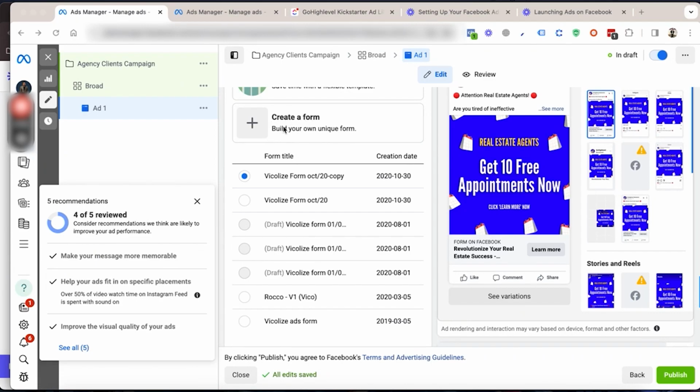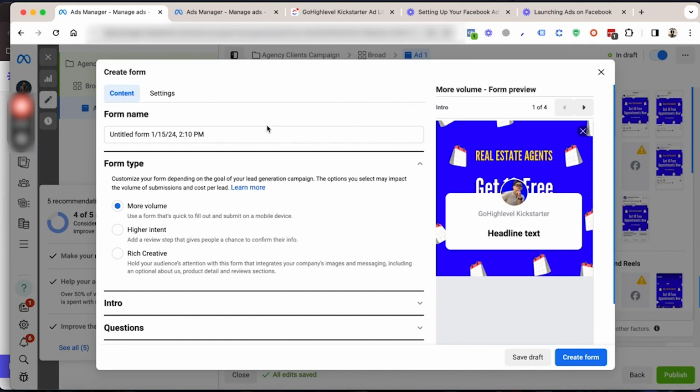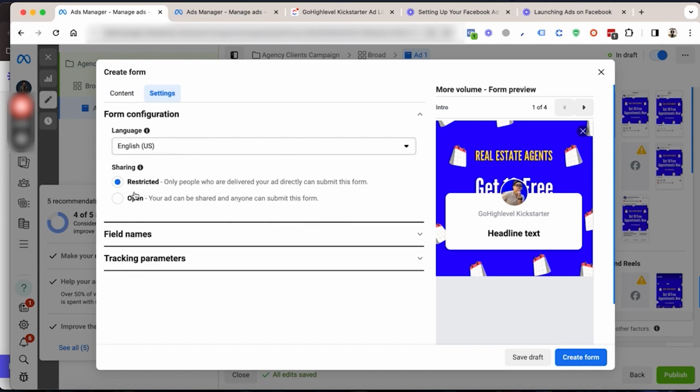So first of all, click on this, build a form, name it real estate agent form. It's good if you set the date in here as well. What's the date today? It's 1, like this. Then go to settings, make sure it's selected the open,